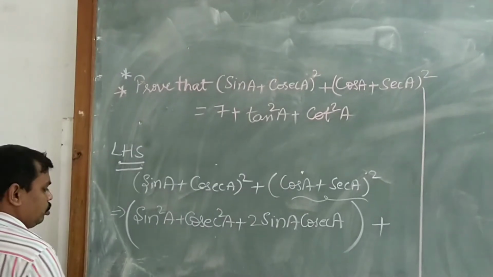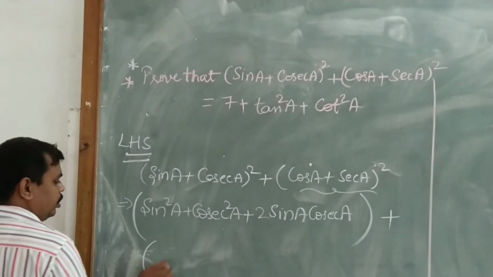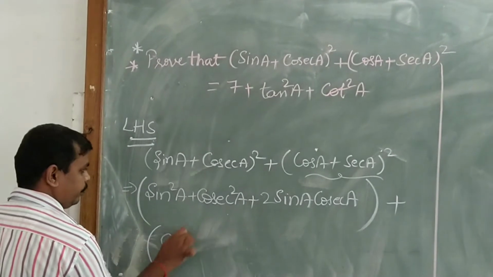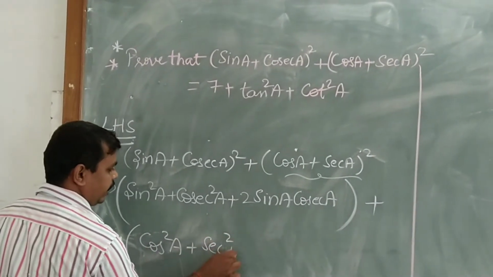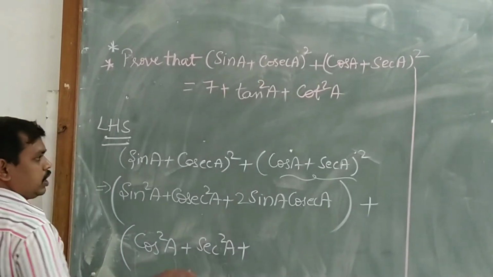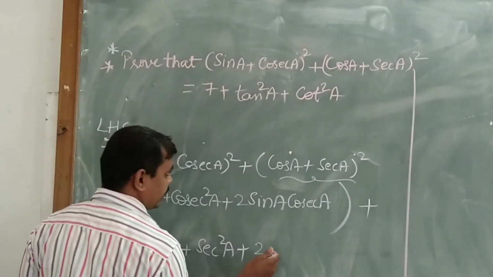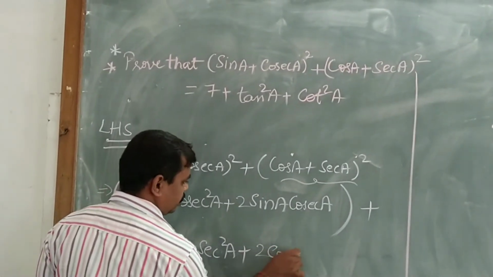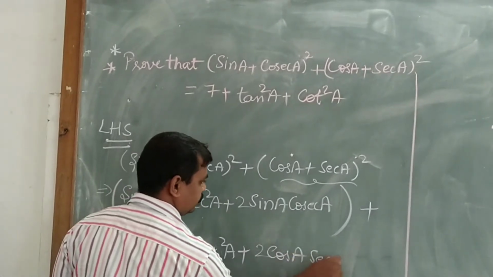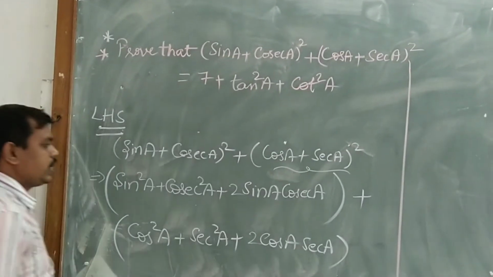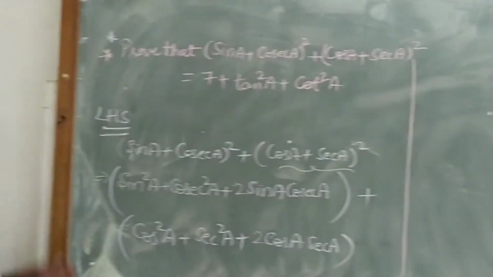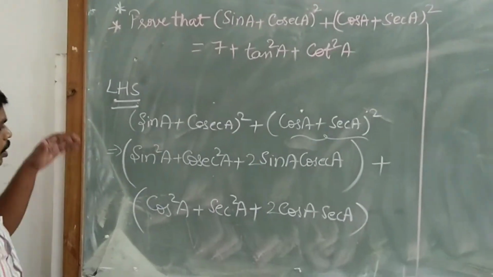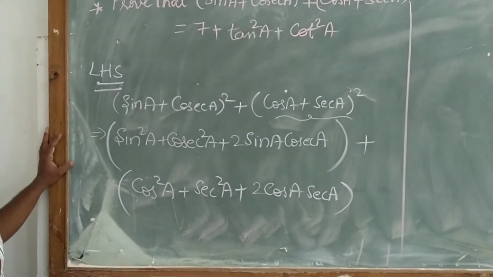whole square. So when you go with that expansion, you will have cos square A plus secant square A plus 2 cos A secant A. Okay, right. Now what we are going to do is,